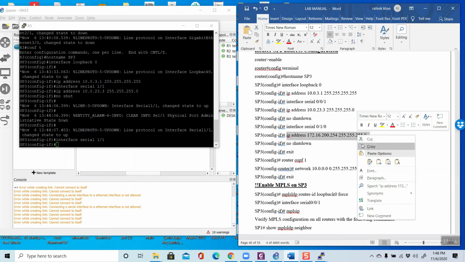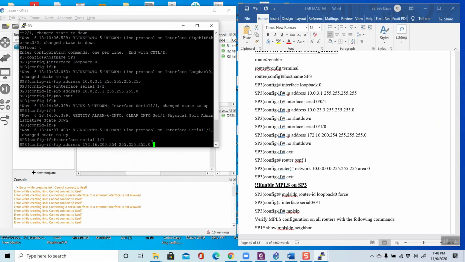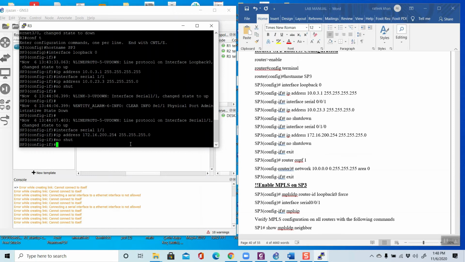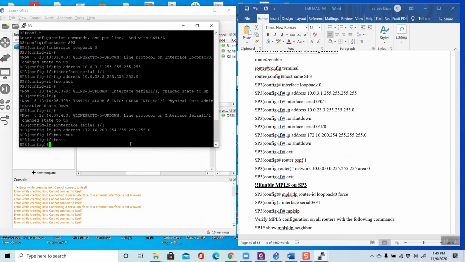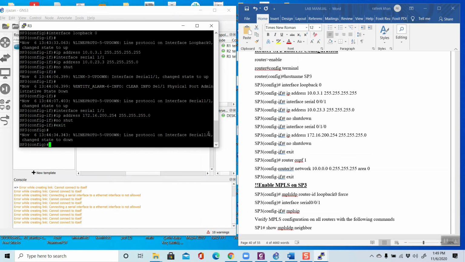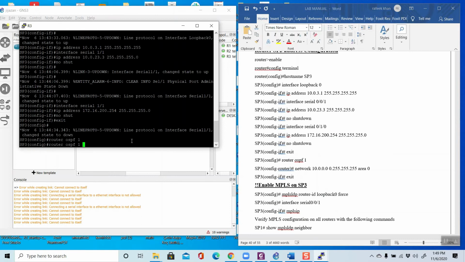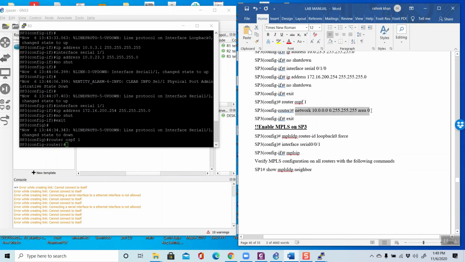Then no shutdown, then exit, then router OSPF, and then use this IP address, then exit.